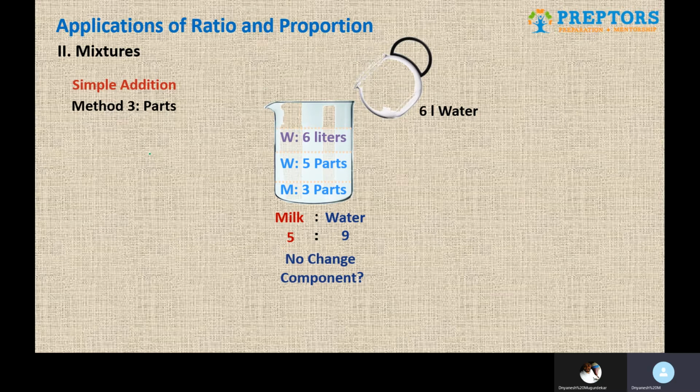So first step, you identify the no change component. Second step, you make that no change component equal. Milk is the no change component, so what do we have to do? We have to make the milk equal. And if you remember, the ratio was first 3:5, so milk was 3, and after adding water the ratio became 5:9, so the second milk is 5. So one milk is 3 and one milk is 5, and we have to make both